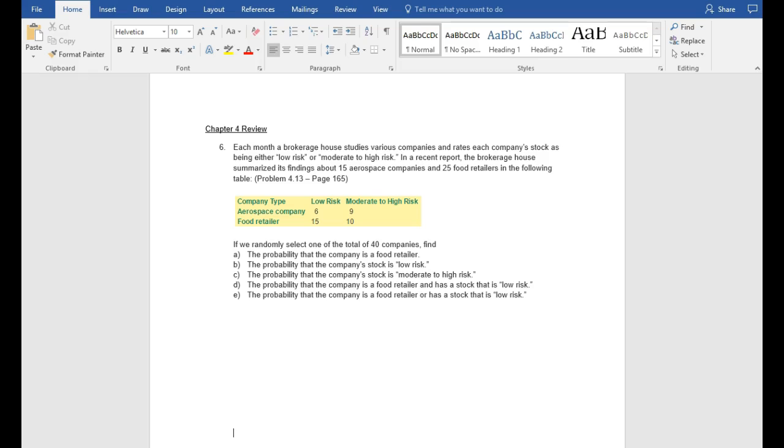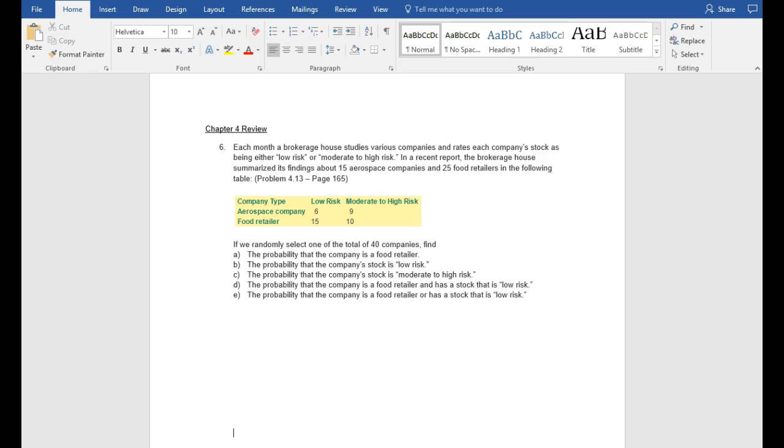We'll start off with number 6. Each month, a brokerage house studies various companies and rates each company's stock as being either low risk or moderate to high risk. In a recent report, the brokerage house summarized its findings about 15 aerospace companies and 25 retailers in the following table. Can be found on page 165, problem